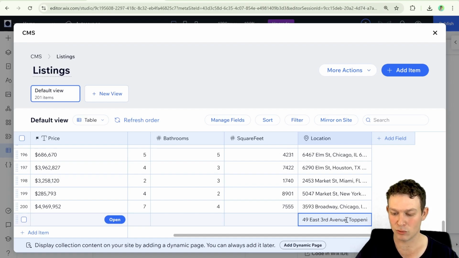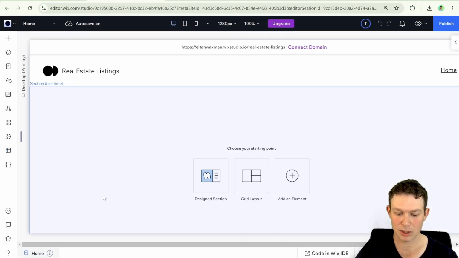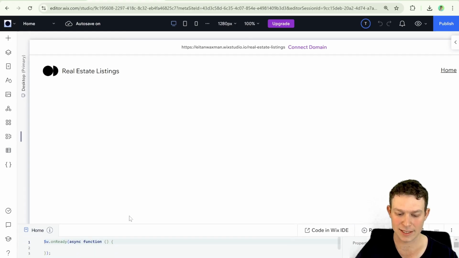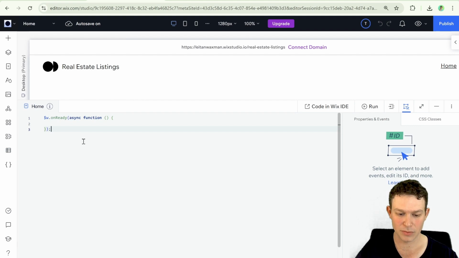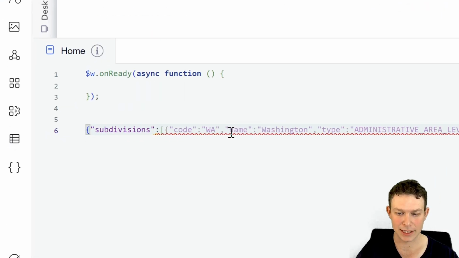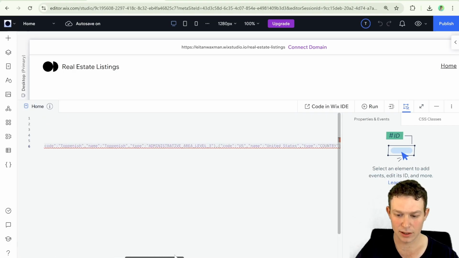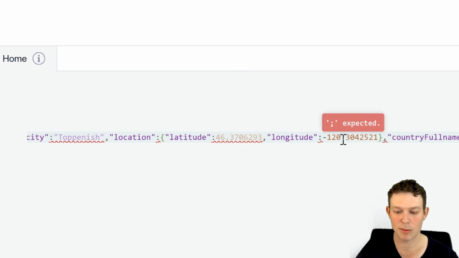But even though here it's written out just like a regular address, if I go ahead and copy the value of this field, and close this, I'm going to utilize the code panel here for a second, just to demonstrate something to you. If I paste the value that I copied from the CMS, you'll see here that it's actually designed as an object. You can see there's subdivisions, and you can see as well that we have, for example, the latitude and longitude as well as properties for this